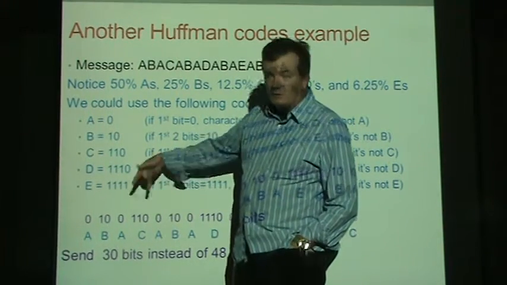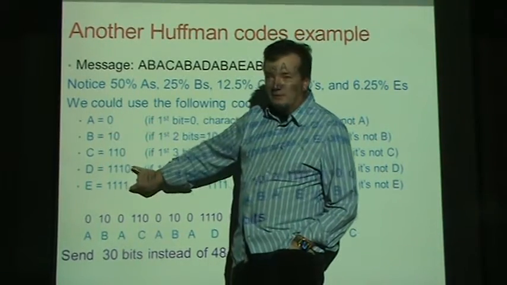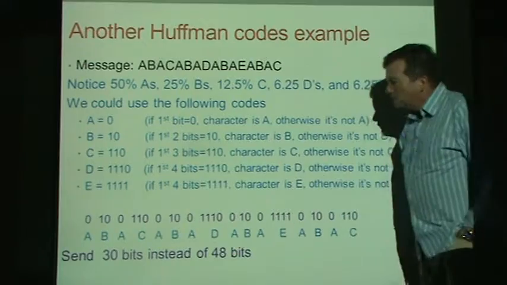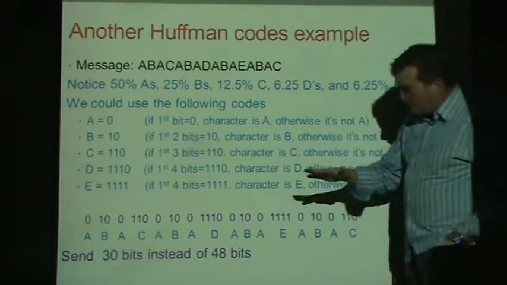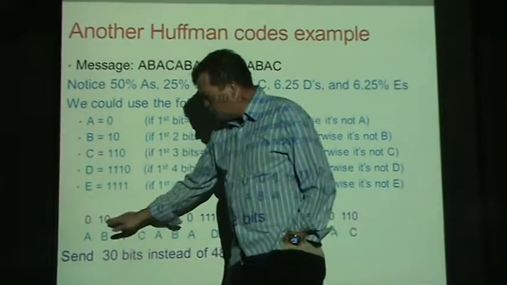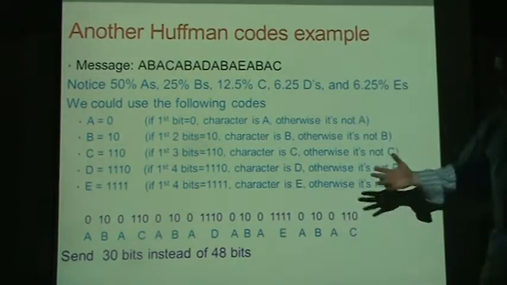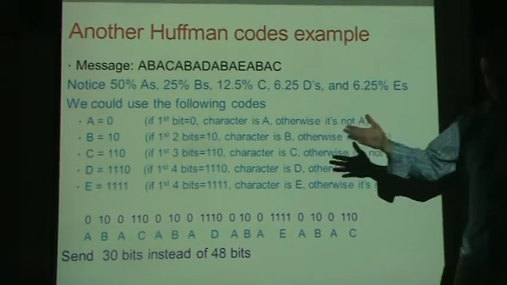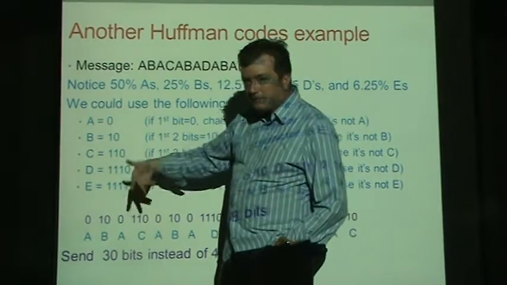This is actually worse than it was before. But we get such a savings up here, we don't mind this one. So now we can send the same exact letter, same exact message with a 0 and then a 10 and then a 0 and a 110 and so on, and now it only takes 30 bits to send the message instead of 48. And as long as the person who receives the message has this chart, they can decode the